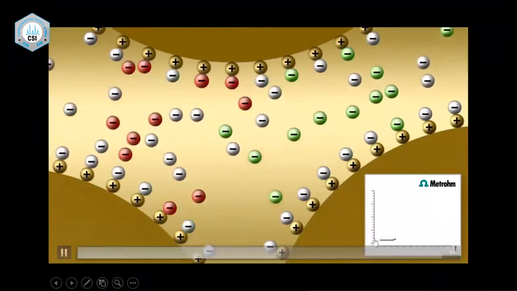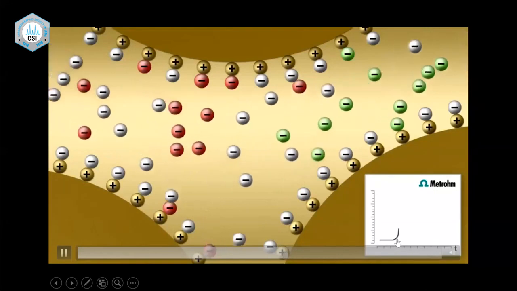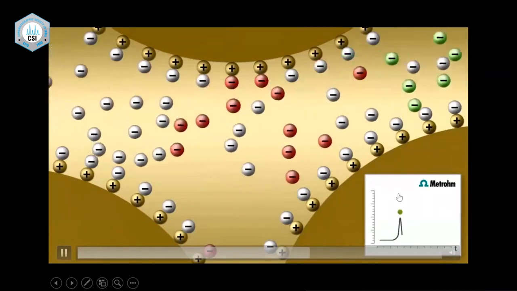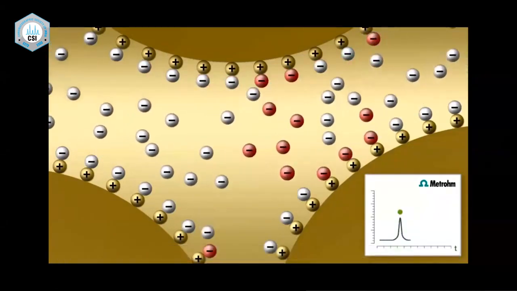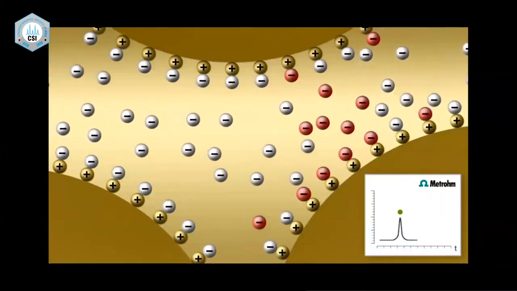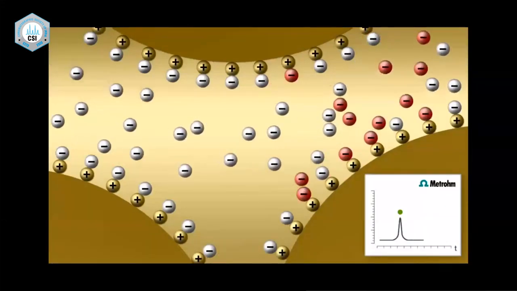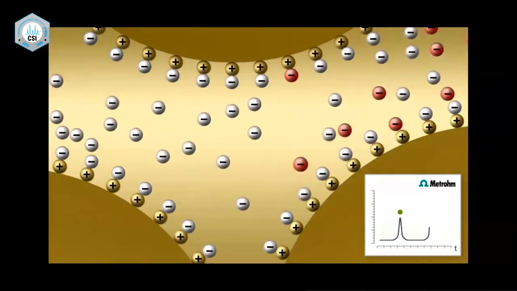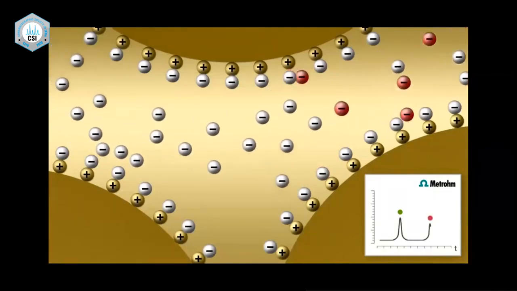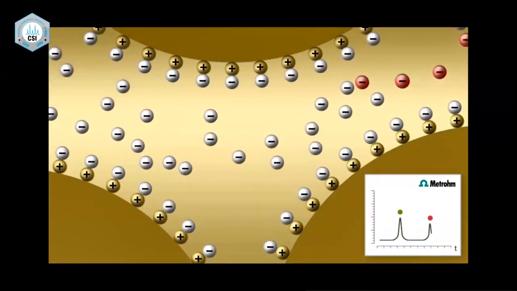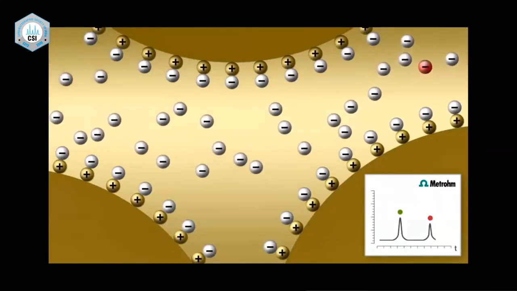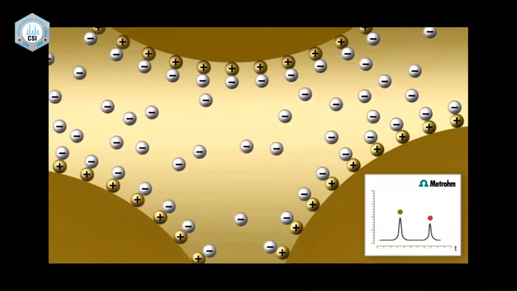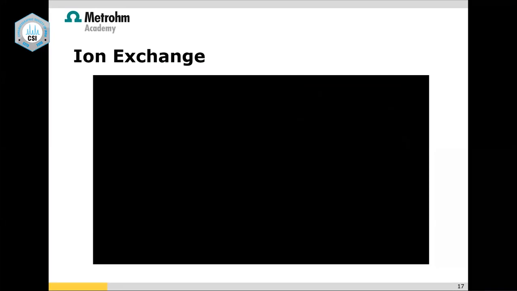Now you see, until the sample ions come, while the eluent ions are coming you have a stable baseline. And when the sample ions come, you get a peak. So this is how it is. Your chloride comes out first, and then the red ones come out next. Again it comes back to the baseline where the eluent ions are flowing, and now again you have the nitrate ions, the red ones, coming out. So this is how the separation happens, and this is the exact mechanism.